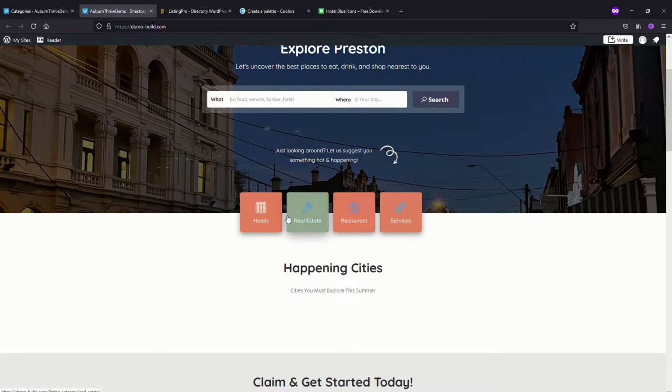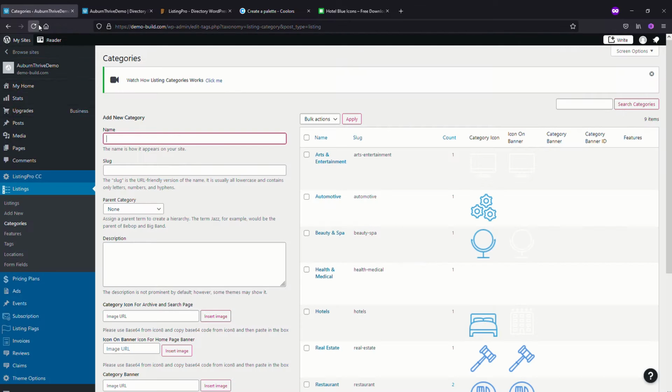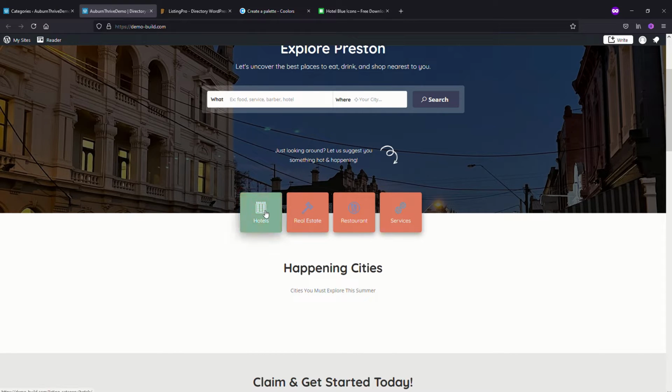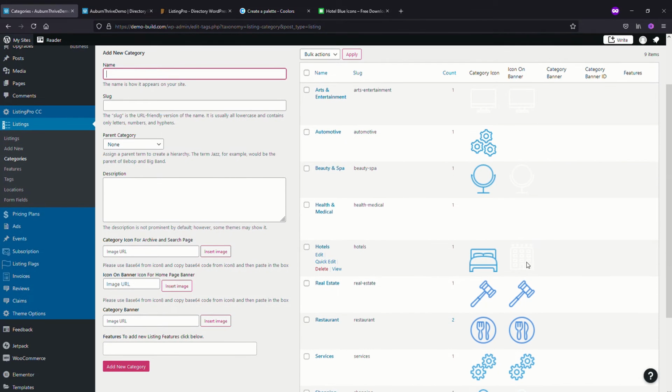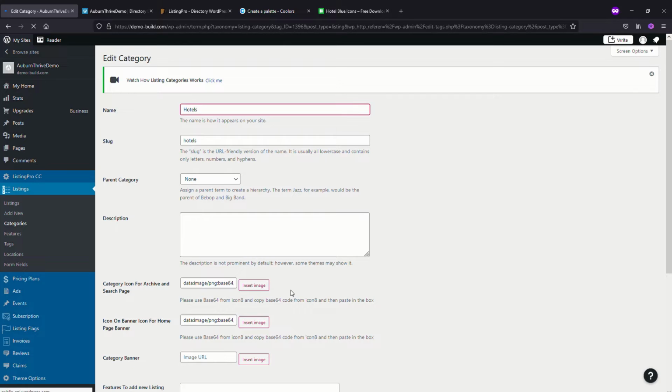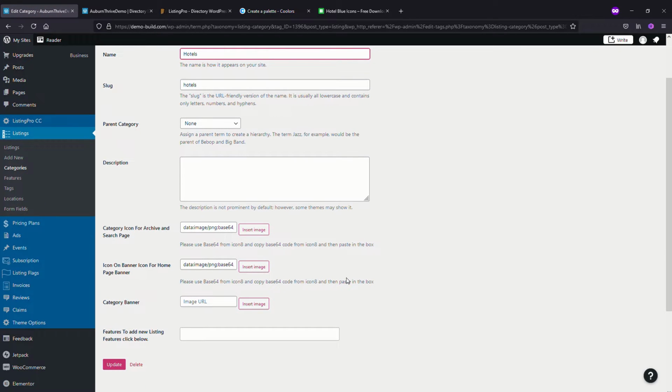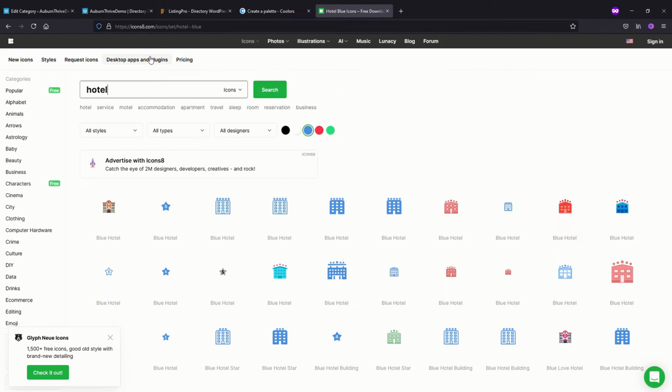These elements are categories, so we go into categories here. Sorry, just jump back. So it's hotels white, we want hotel to be blue. So you can see here's the hotel and it's white. So we go to edit, and what we want is for it to be blue. So what you do is you go over here to